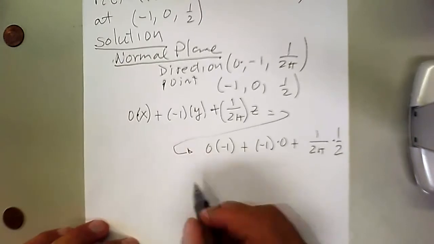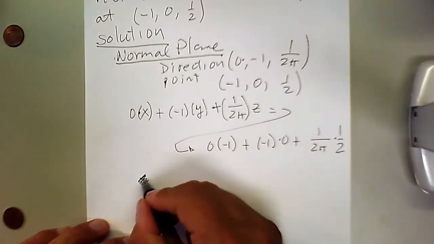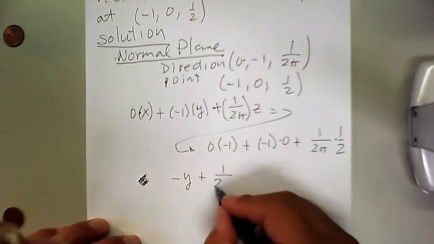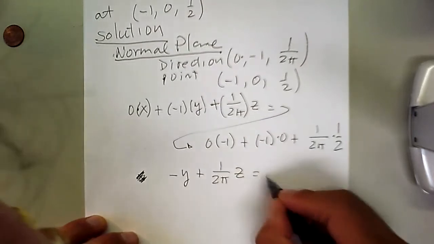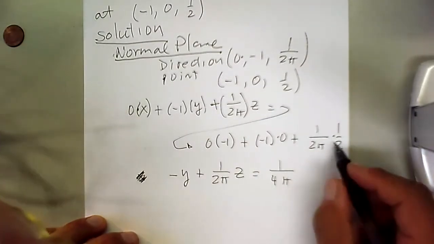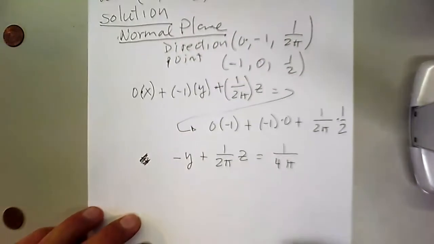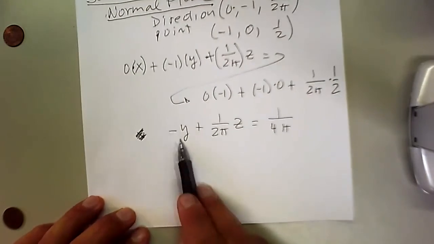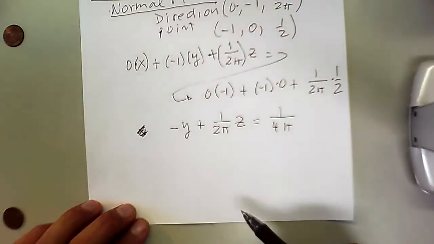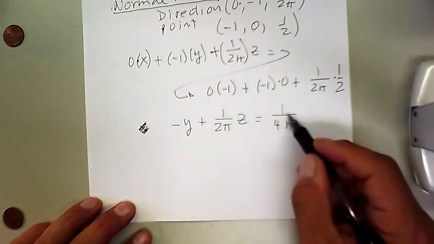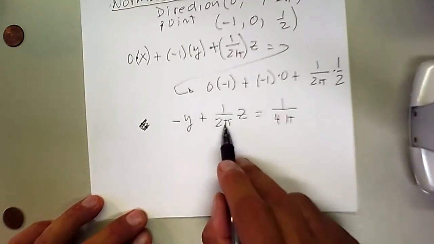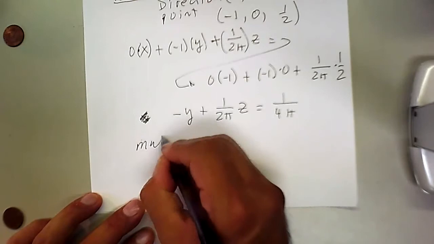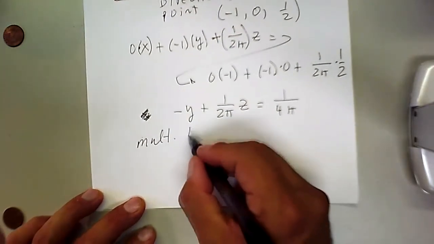Okay, so that vanishes. We end up with no x, sorry. Just -y plus 1 over 2 pi z equals 1 over 4 pi, because we multiply those two. It's handy to start with a positive coefficient on the first letter of the line. You don't have to, but I prefer not to have fractions as coefficients of the variables. So I'm going to multiply. You don't have to do this, but I think it looks neater. Multiply by